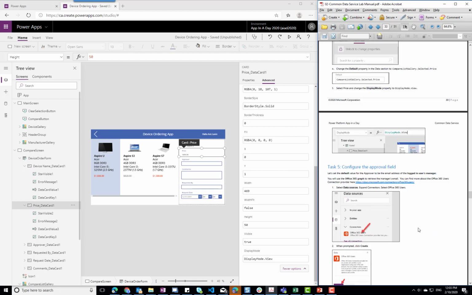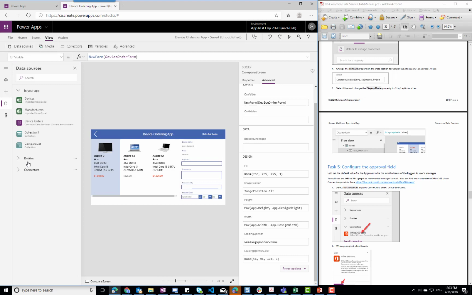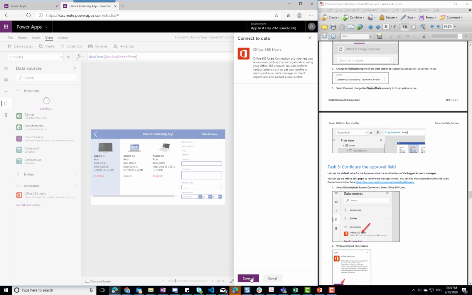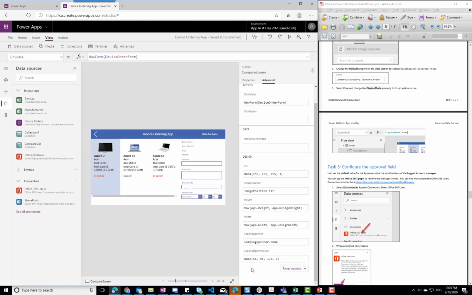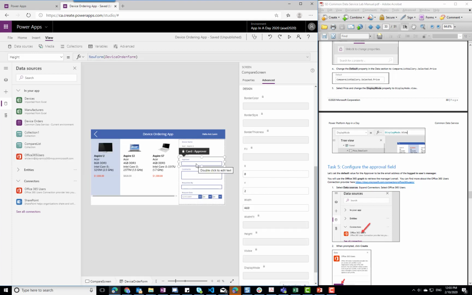For the approval field, we're going to go and create a new connector or new data source. So I'll go back to insert, to view data sources, and we're going to choose the Office 365 users connector. And based on your environment, you might or you might not have a manager already. But we'll set the approver